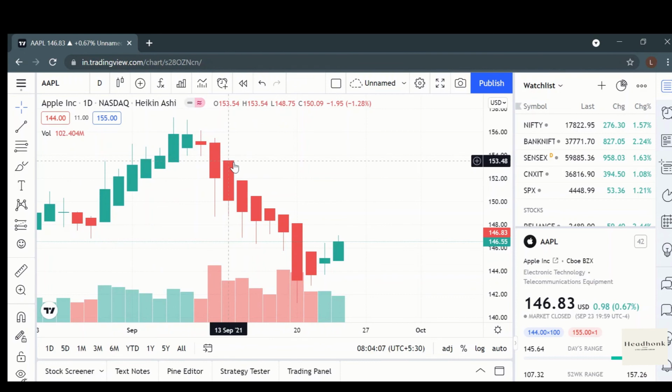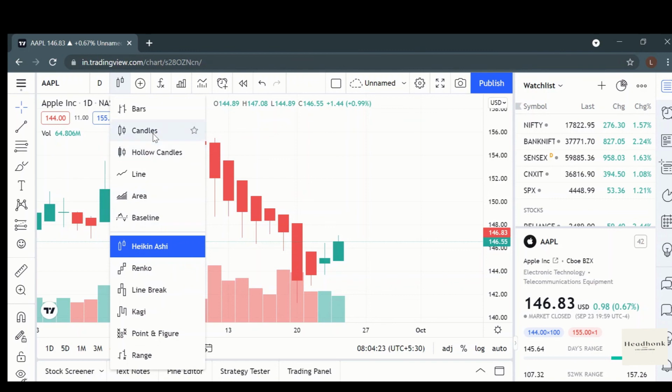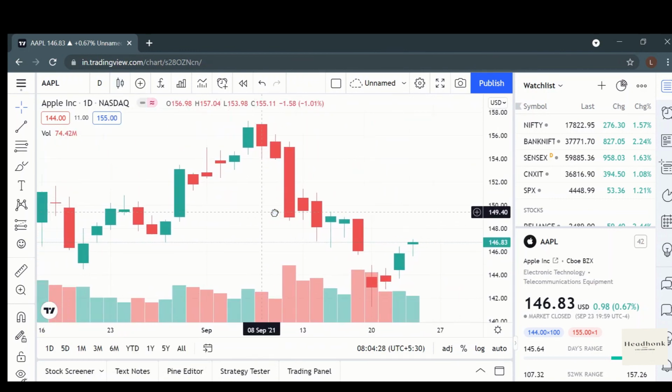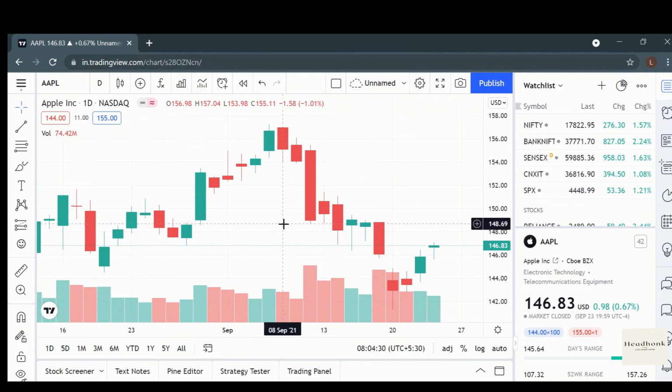So these prices that you see in the Heikin-Ashi, they are not the real price. So I think that's pretty much what we want to understand about charts at this point in time. As we move forward, we will see more information. We will primarily focus on candlestick chart because that is what is used by most traders. And obviously, in the market, movements are based on human emotions. And when millions of people are looking at this thing, we should make sure that we are also looking at this thing, right?